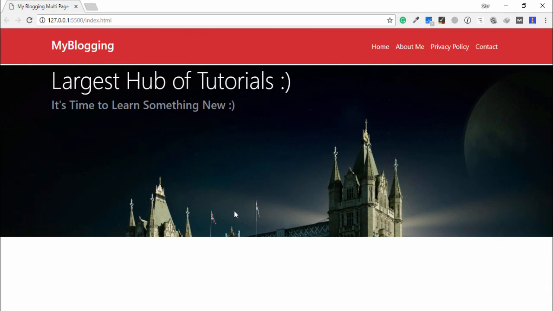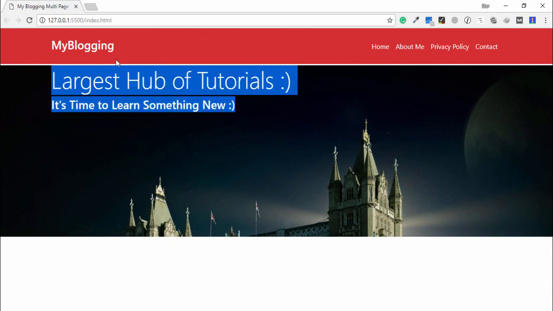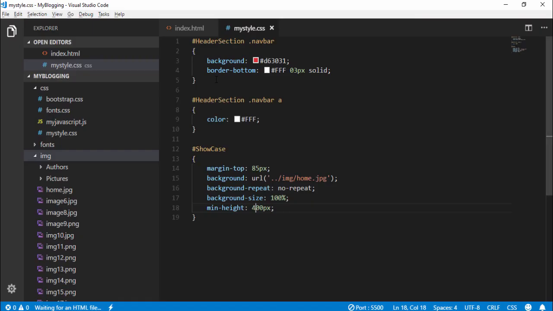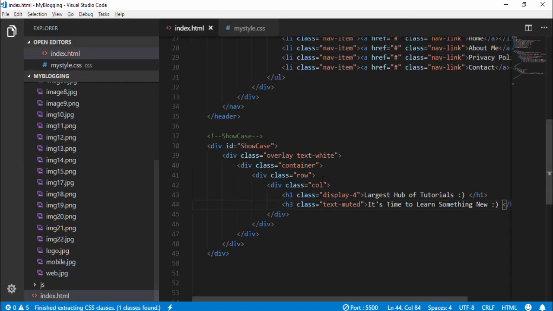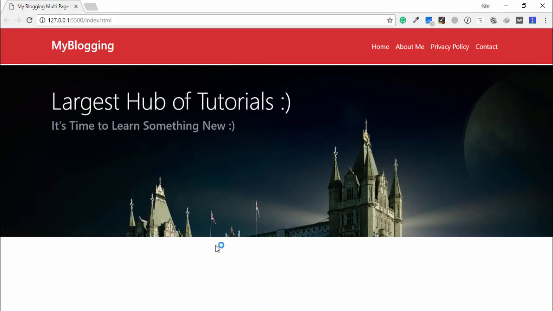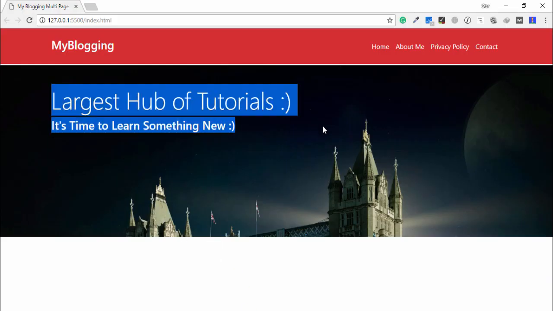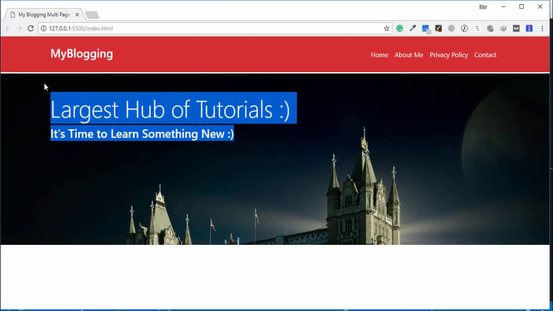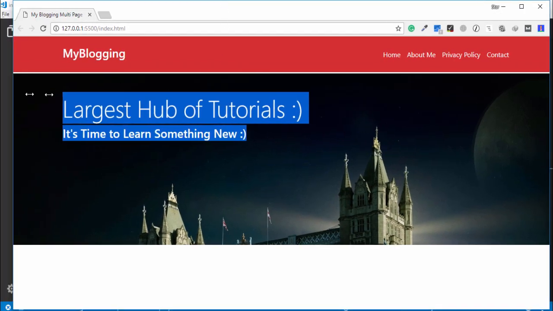Now another thing is I'm going to make a space between the text and the navigation bar. So I go to my index.html file and I assign the class mt-5, margin top 5, on the heading tag. So okay guys, this is looking so nice. So I decrease the size of the browser,